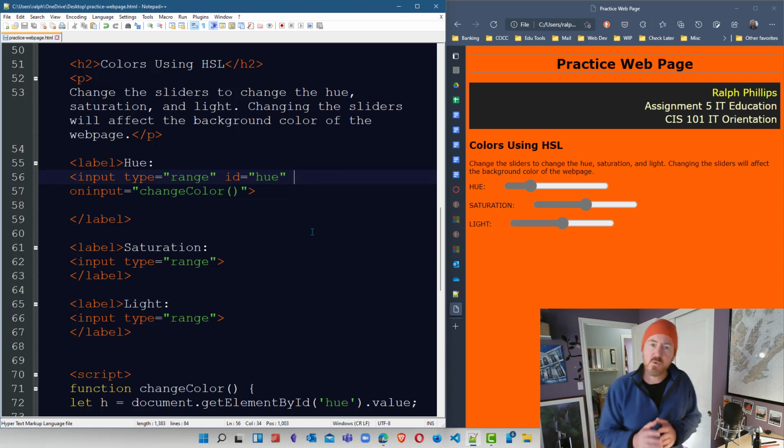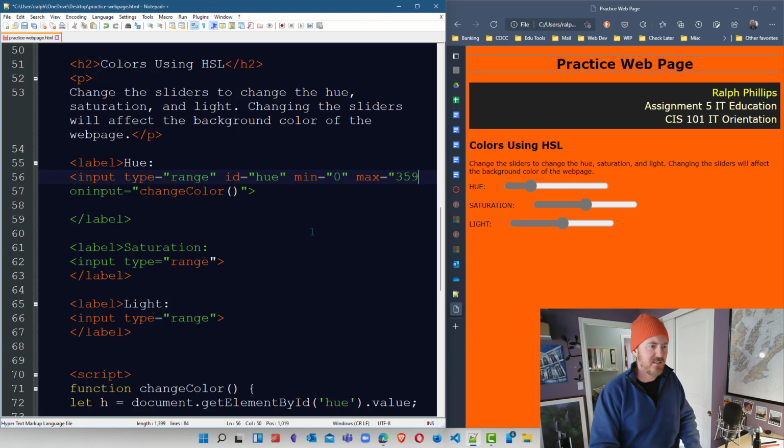the way the hue works, it can be a number between 0 and 359. So I'm going to do a min of 0 and a max of 359. There we go. And I'm putting these attributes right inside of that input tag. We may not notice too much, but if I Control S to save and browser